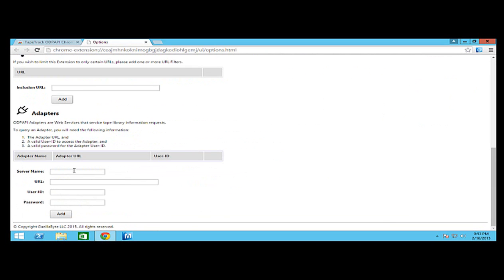We scroll to the bottom and put a server name. Now, the server name is what we want this adapter to be known as. So I'm going to put my offsite company. In the URL, we put the URL of the adapter. So in this case, it's